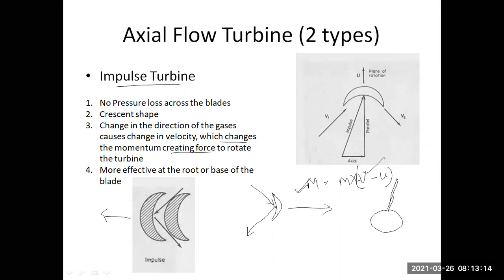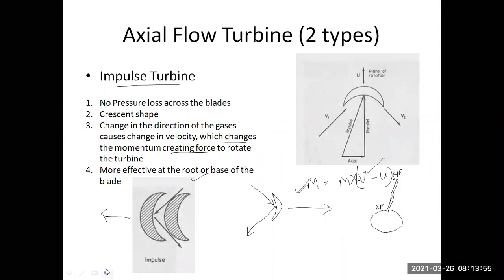So when you see the air which is coming out from the combustion chamber, this is the front view. The air which is coming from the front will have a low pressure over here and a high pressure over here. So what happens because of this change in the pressure? Low pressure air strikes over here, high pressure air strikes over here. Impulse turbines are more effective at a lower pressure, so they are more effective towards the root. Understood? This is a DGCA question. The impulse turbines are more effective towards the base or root of the turbine disk. As you go upwards, its efficiency will keep on decreasing. Understood?